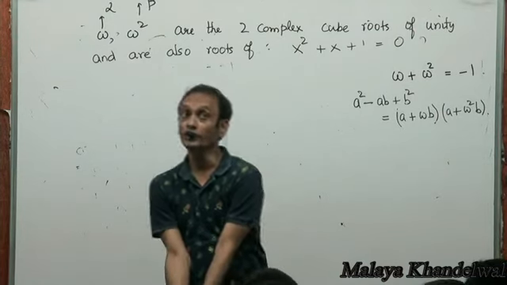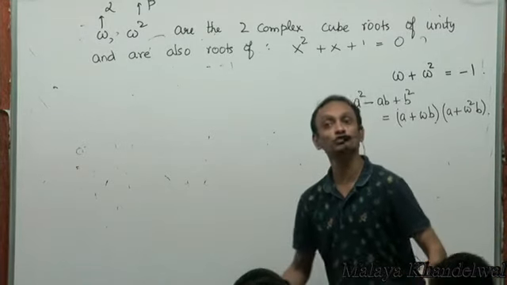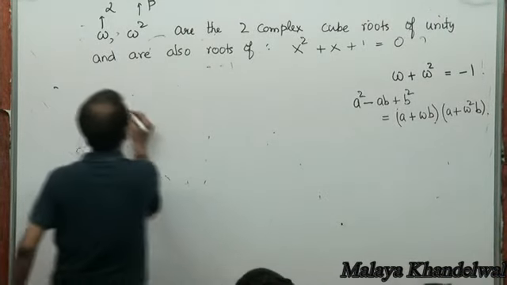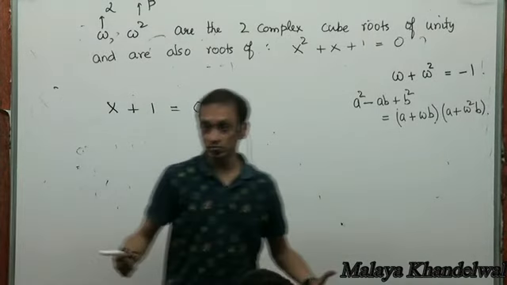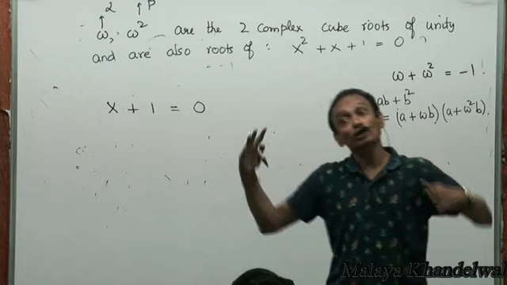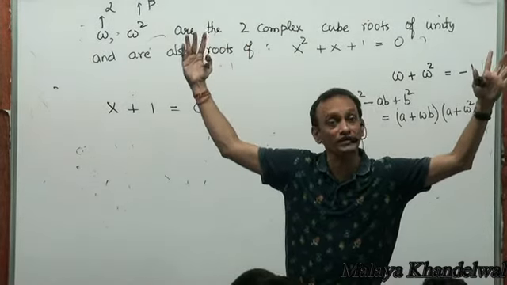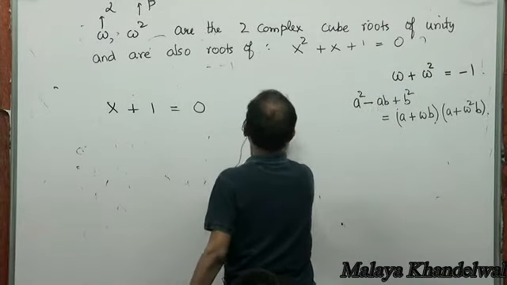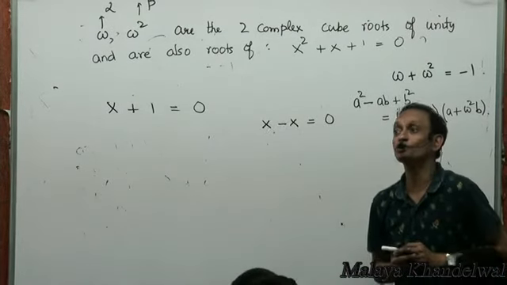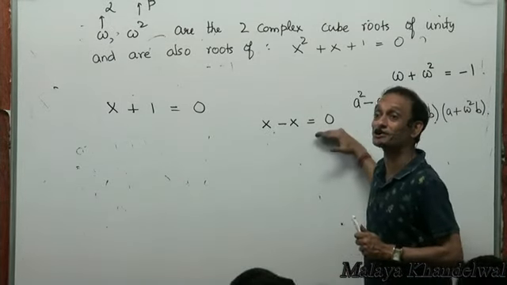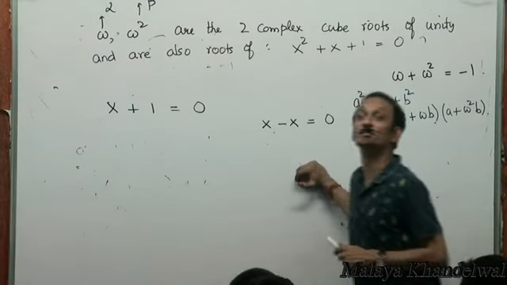Oh yes, very good. An equation is a statement not true for all values of x. Say for example, x plus 1 equal to 0 is an equation. It's a statement, and it is true only for some values of x, not for every indiscriminate value of x. Whereas if I said x minus x equal to 0, is this an equation or an identity? This is an identity. This statement is true for all values of x indiscriminately.